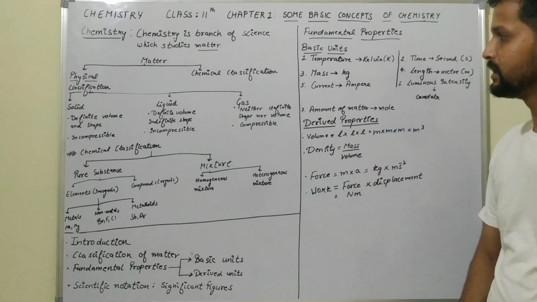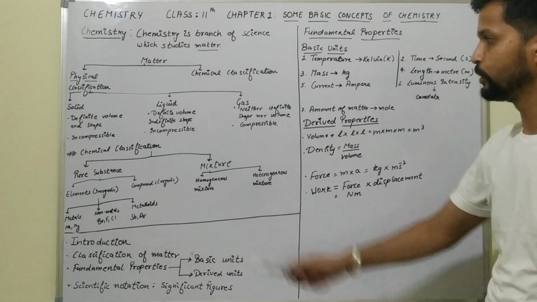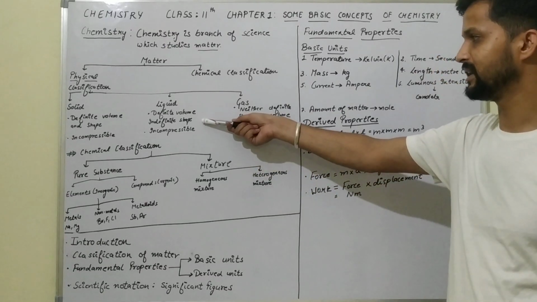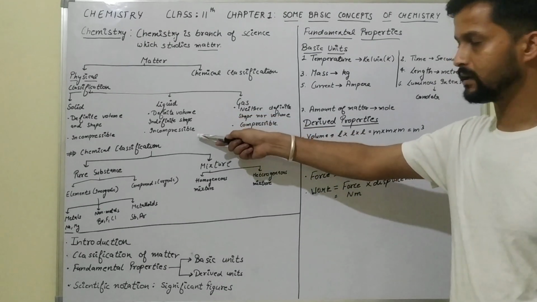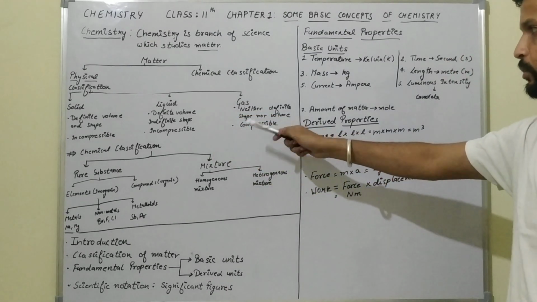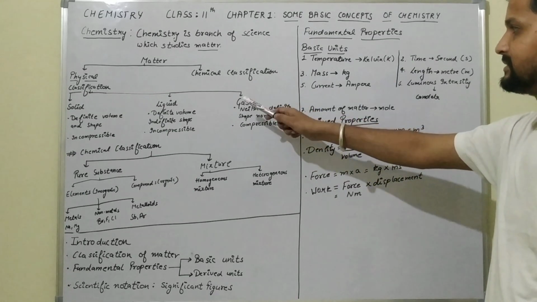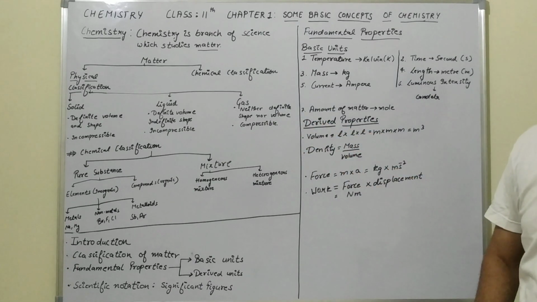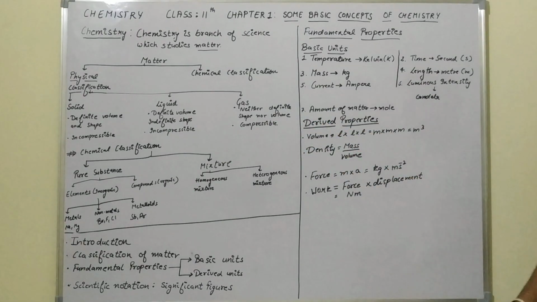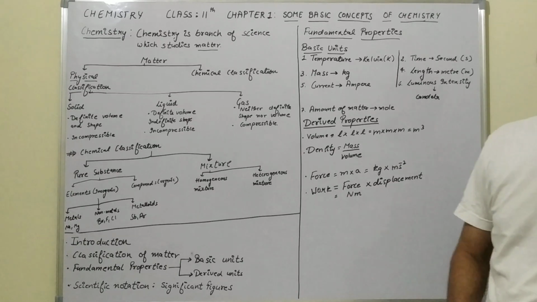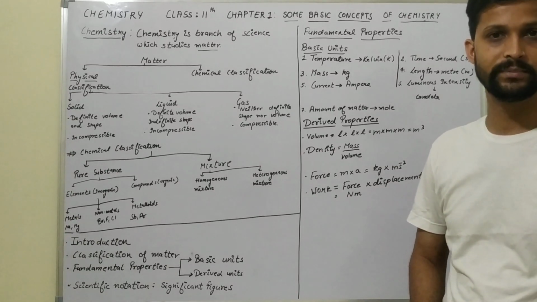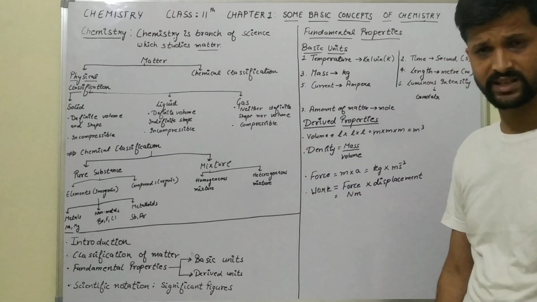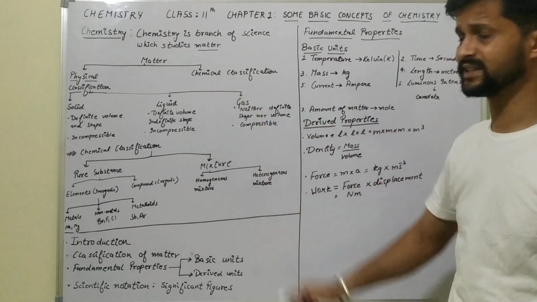Solids are incompressible. Liquids have a definite volume and indefinite shape. Like we can put water in either a beaker or a flask, it has an indefinite shape. The second property is that liquids are incompressible; we cannot compress the liquid more. Third is gas, which has neither definite shape nor definite volume. Like if we take the example of an LPG cylinder, the gas is compressed, so it has the property of compressibility. This is the physical classification.